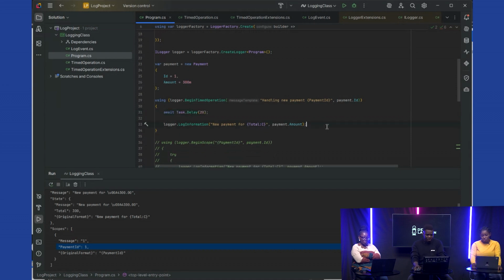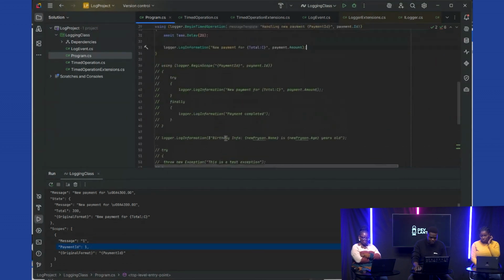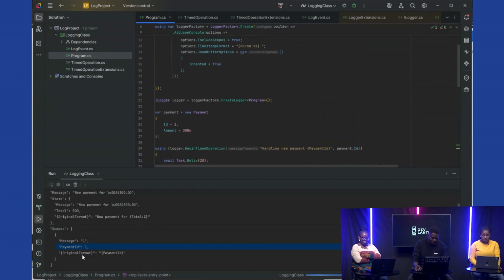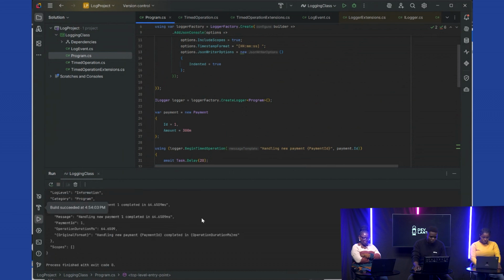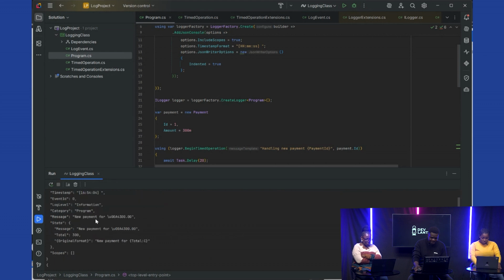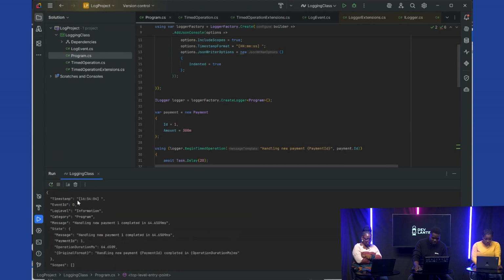So you can see when I run this, now look out, this is the only thing we are logging here. When I run this, you can check, you will see that 2 logs came in. First of all, the initial log I had, which carried the time and all of those things. Then look at the completed log, telling me the time it took